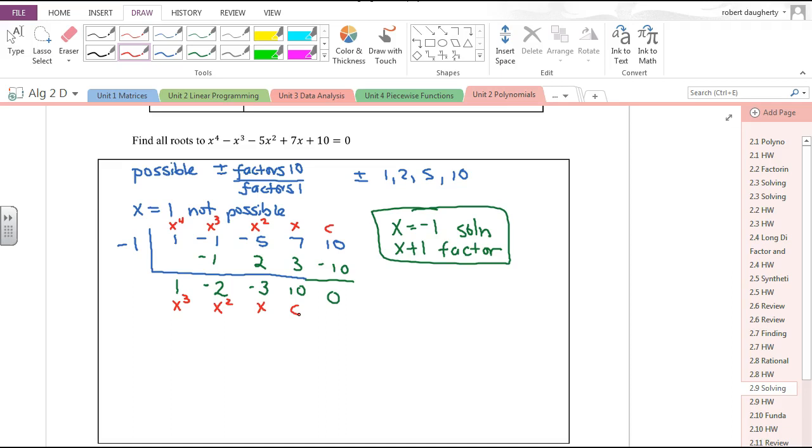I'm trying to just march down that list. I know 1 doesn't work, okay? So I'm going to try negative 1 to see if it works again before I move on. Because if I moved on, what if negative 1 worked again? Then I would have missed that chance. So let's just rule it out. So let's try negative 1 again. But now I start with